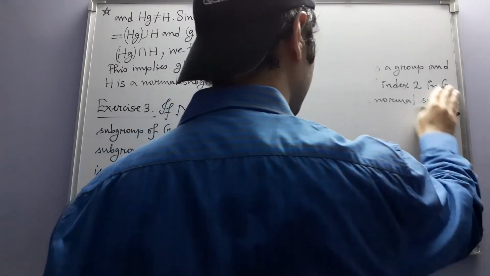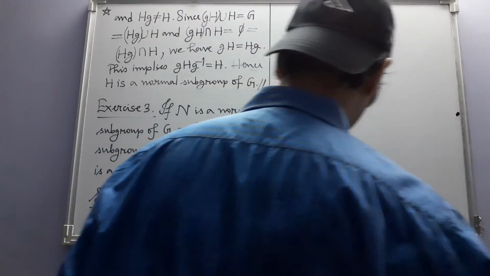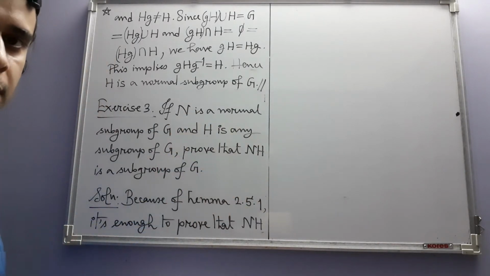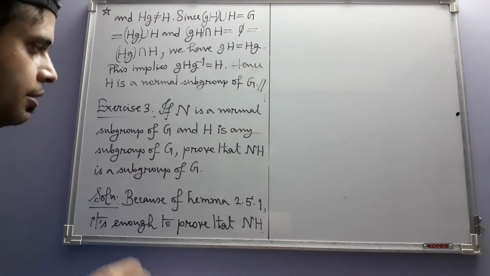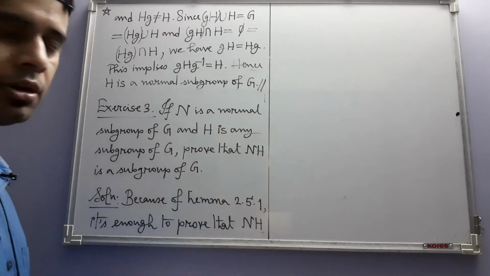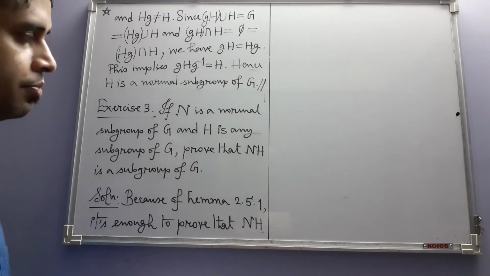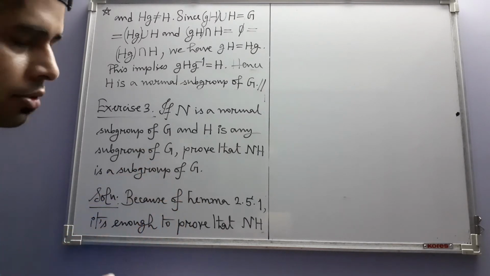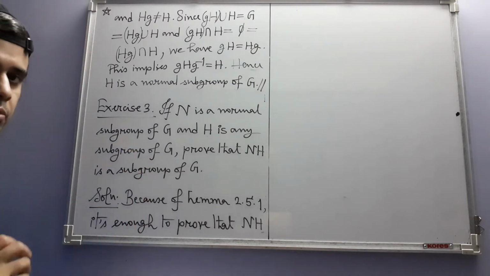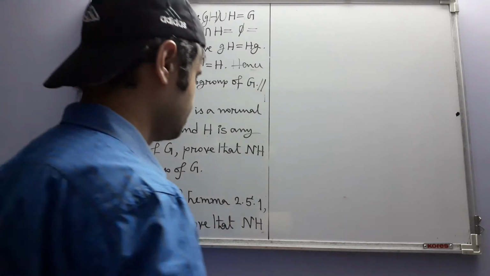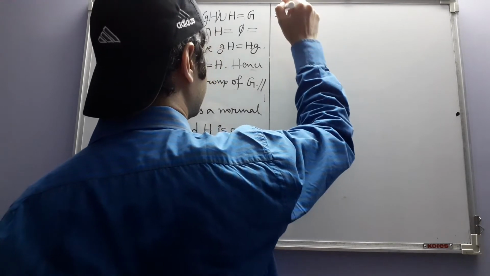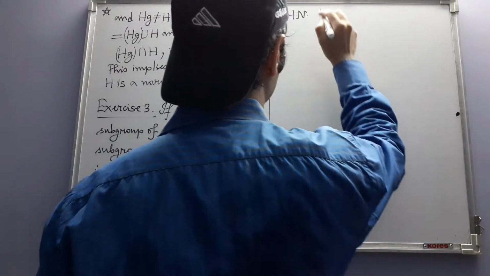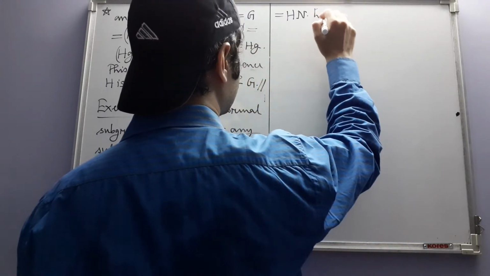Note that we have already seen that if we take, in place of N and H, say K and H, where K and H are just subgroups of G, then it's not necessary that KH also be a subgroup of G. However, if one of the factors is a normal subgroup, then the product must be a subgroup. That's what this exercise says. So it's enough to prove that NH is equal to HN, and this is what we are going to do now. Let